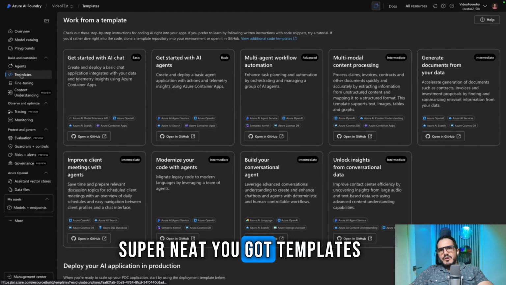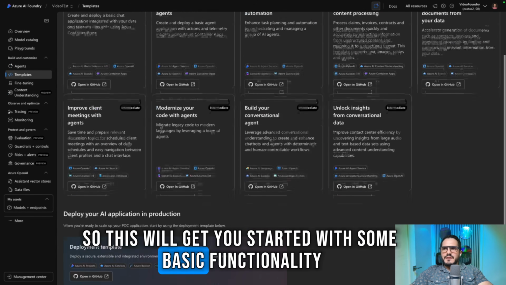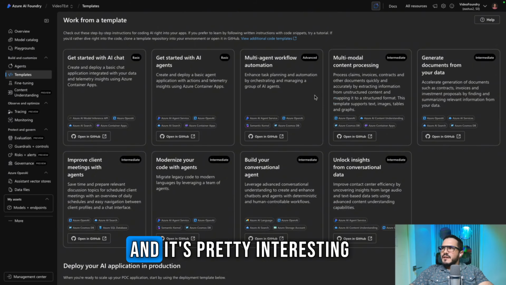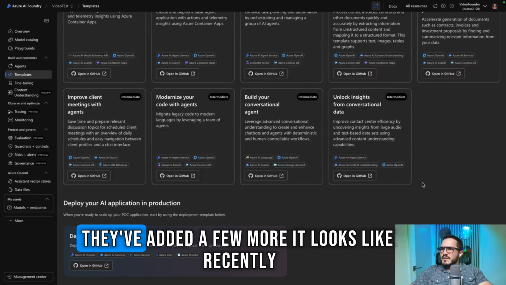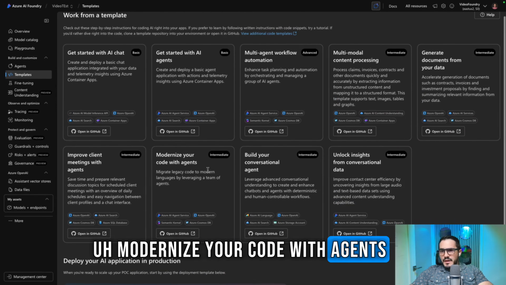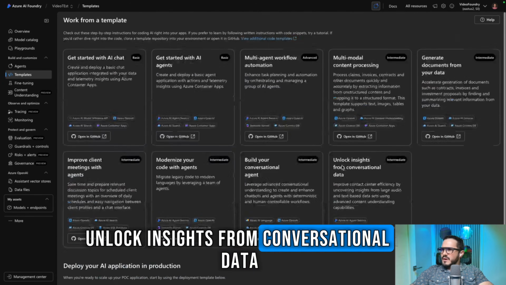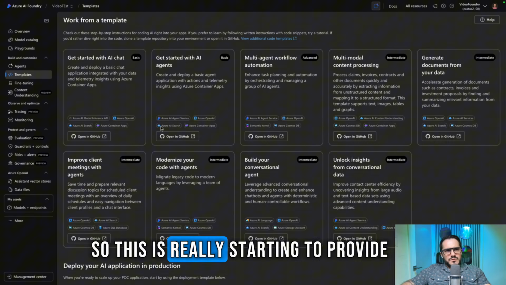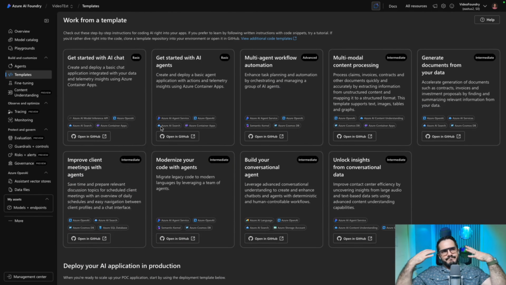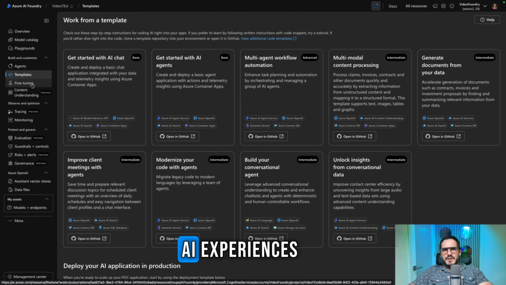Super neat. You've got templates. So this will get you started with some basic functionality, and it's pretty interesting. They've added a few more, it looks like recently. Modernize your code with agents, build a conversational agent, unlock insights from conversational data. So this is really starting to provide enterprise infrastructure to be able to build all of these types of AI